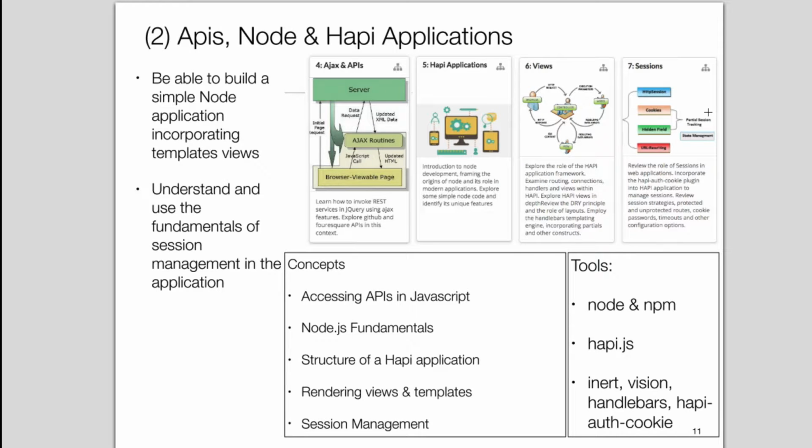The second block is where we kick off the course proper. We're going to review APIs in general and the AJAX mechanism for interacting with web services. But our primary focus is on Node development, and Node is the main challenge throughout the course. Understanding Node, building Node applications, and securing, deploying and testing them. In this block, we'll be focusing on the Hapi library, H-A-P-I, which is a very prominent Node development framework, which I think you will like.